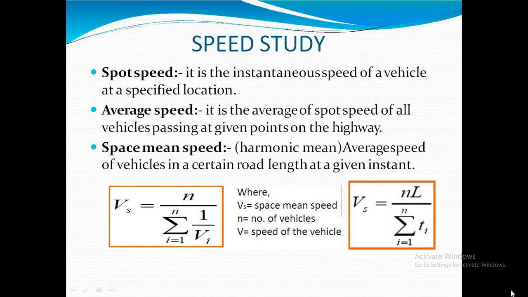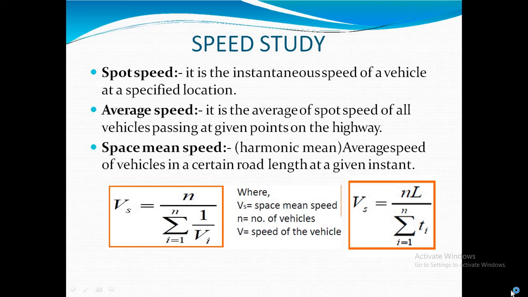So travel time. Travel time is the reciprocal of speed and is a simple measure of how well a road network is operating. Travel time is a very important decision. So it depends upon the road. Normally on village roads we cannot move with the maximum speed. At the same time, on a national highway, expressway, or a state highway, we cannot move with a little speed. So depending upon the condition, we need to maintain the travel time.